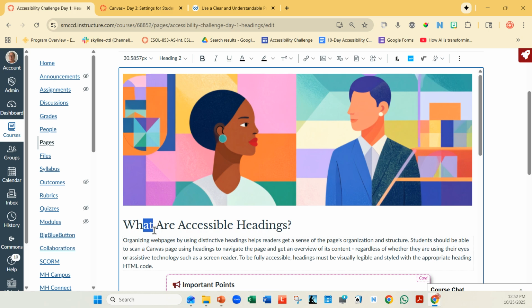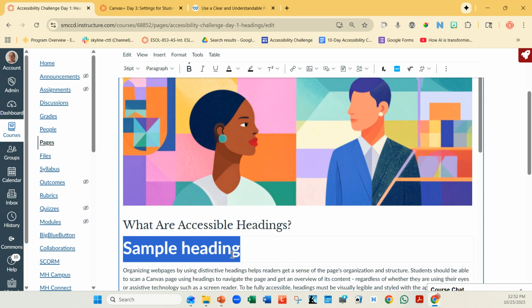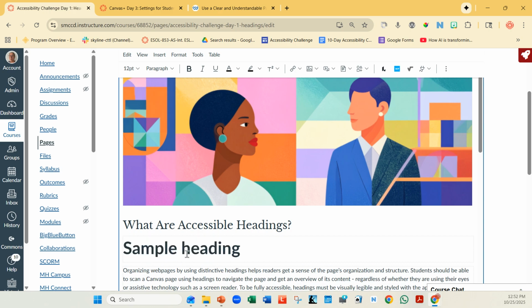How do I create this heading 2? Well, let us add a new heading here that I will delete. All right, so you notice that now this drop down says paragraph. That's because this is a paragraph, right? What if I were to make it big? Let's make it big. Isn't that wonderful? This may be helpful visually to someone who's looking at the page, but it's not going to do anything for someone who's using assistive technology, because you'll see as I'm clicking back and forth, the underlying code, this style says